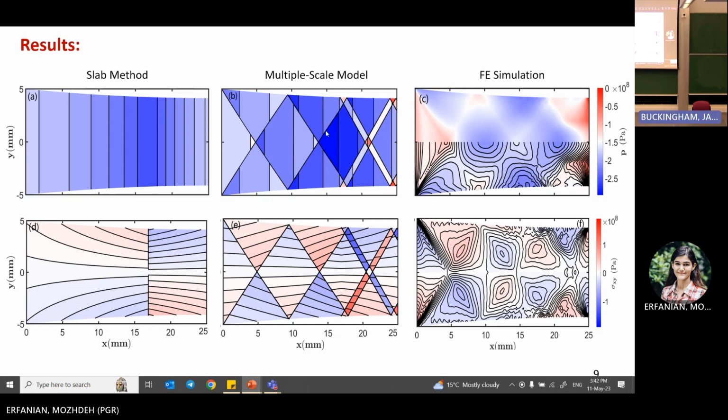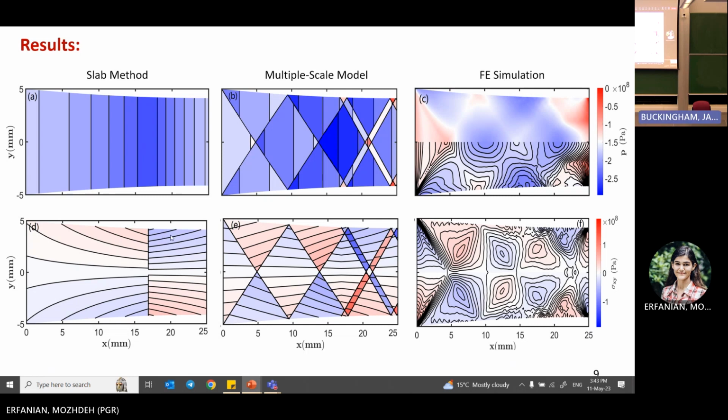But in the multiple scale, when we add the first order correction to the leading order, you can see that we have a wave on top of the solution. And this basically matches with the result from finite element simulation. Again, for pressure,